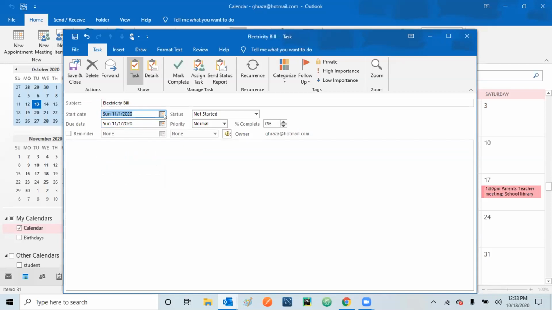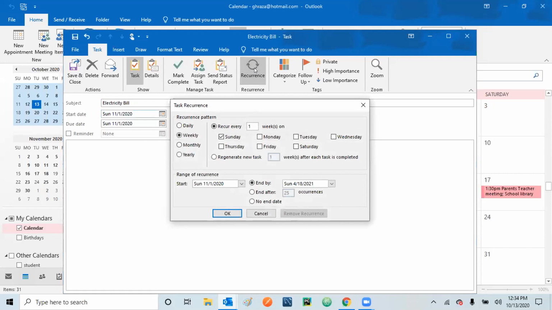So let's say if I'm paying a one-time bill only, like when the mortgage transaction is done, there's one escrow account. This escrow is paid only once. So if it's an escrow account or something that you only pay once, you don't need to select the recurrence. But if you want to have a bill like the electricity bill, you are paying it every second month or every month, you can always click recurrence, and then you can select every second month